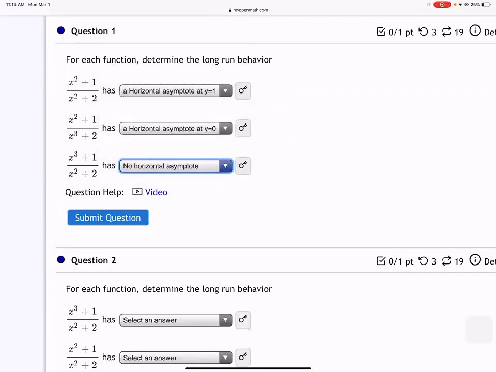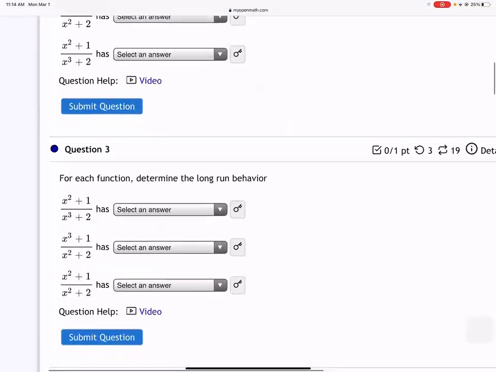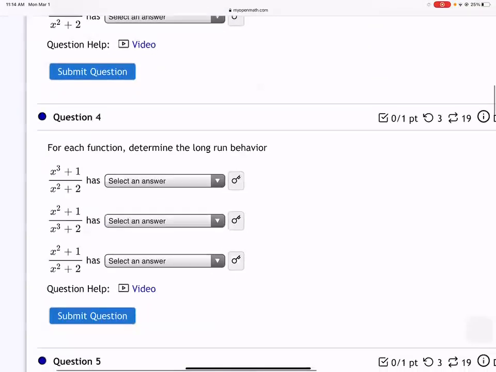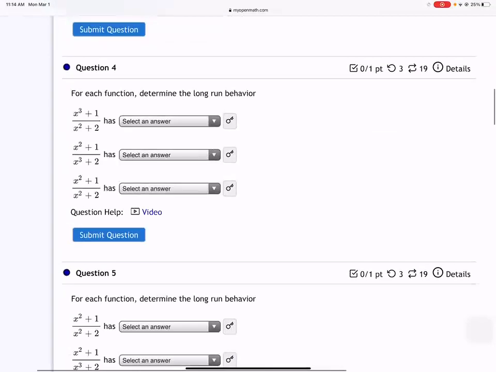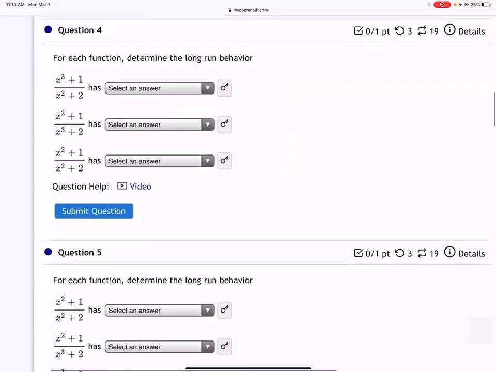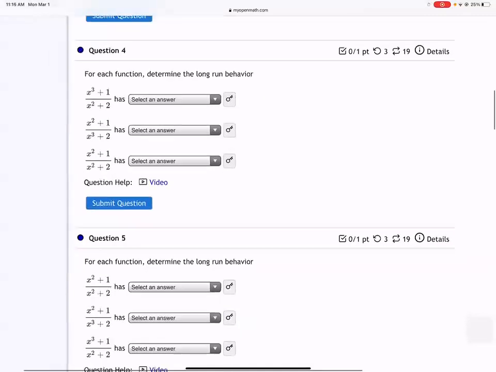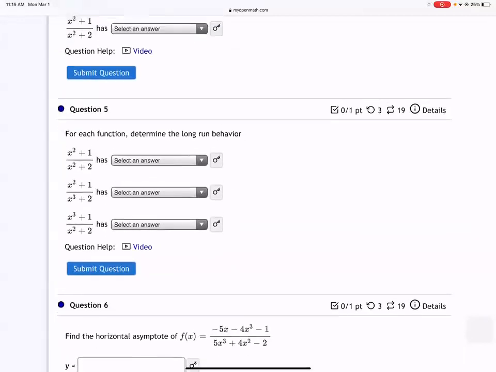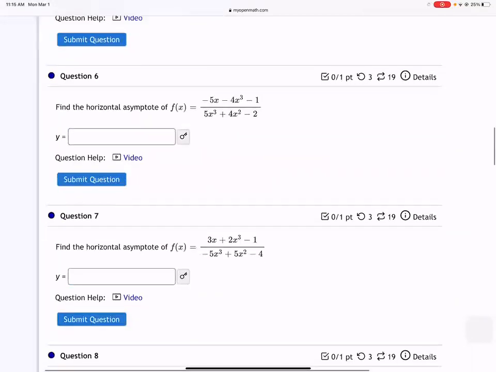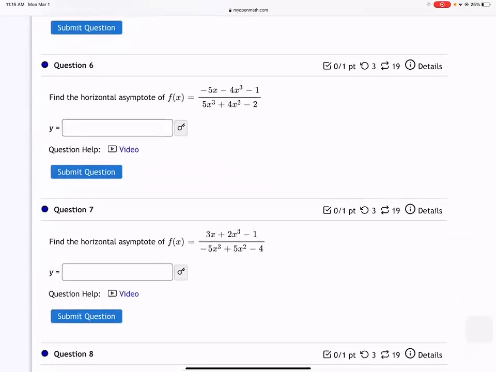Now you're going to be asked to do this question 4 times, even though they look exactly the same. And hopefully by the 4th time, you've caught on. If the top is bigger, the bottom is bigger, or they're exactly the same. You can do this like 5 times. Now, this question here is, hey, now that we get the pattern,